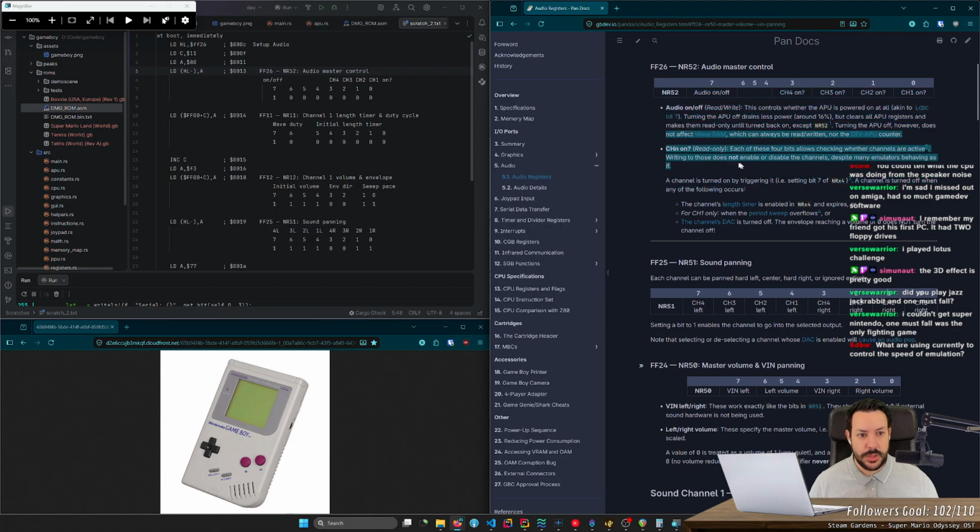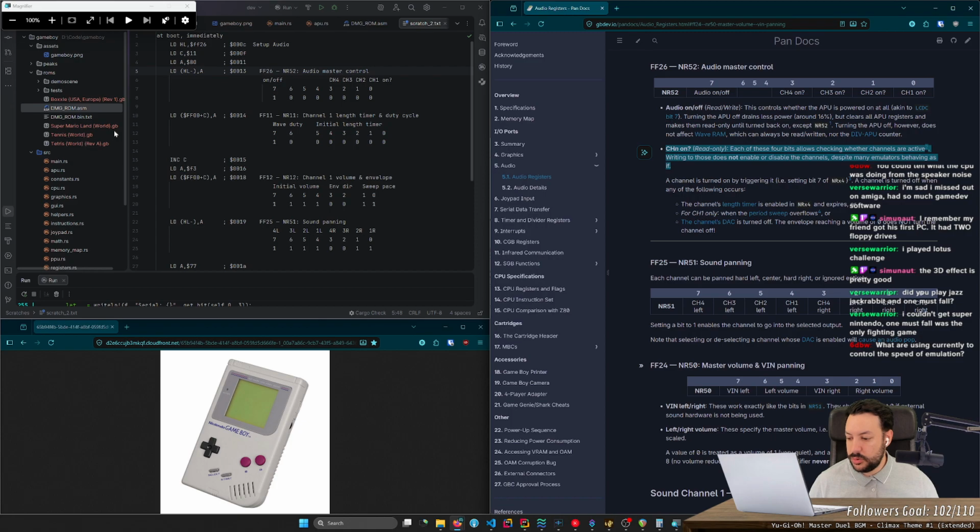I don't want to disable individual channels because they also don't do it. Well, they will need to toggle them on eventually. Oh no, this is read only. Oh, well, then this means that the games can actually read from this. So I would need to offer this behavior somehow.